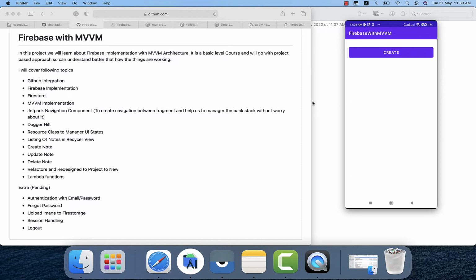I will cover the following topics. The first one is Github Integration, Firebase implementation, then we will use Firestore as a database, MVVM implementation, then Jetpack Navigation Component to have a navigation between fragments, and Dagger Hilt, then resource class to manage UI states, then